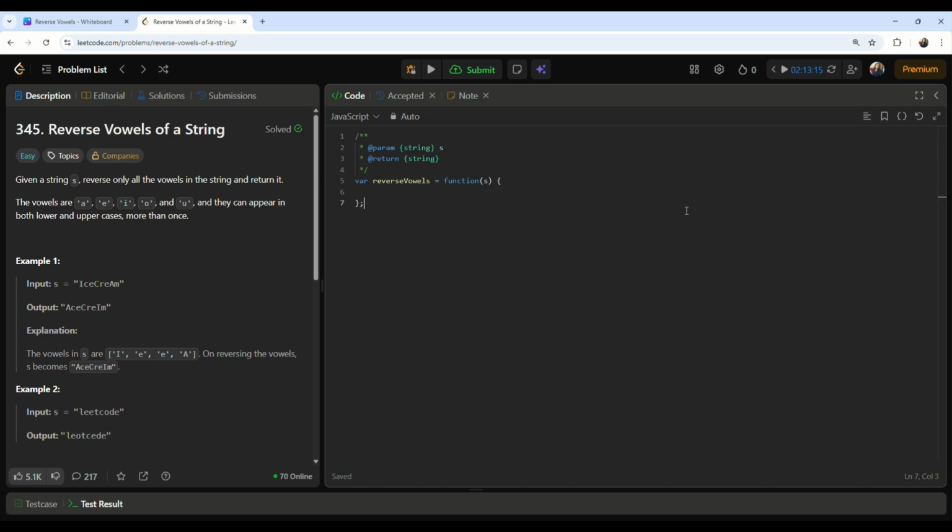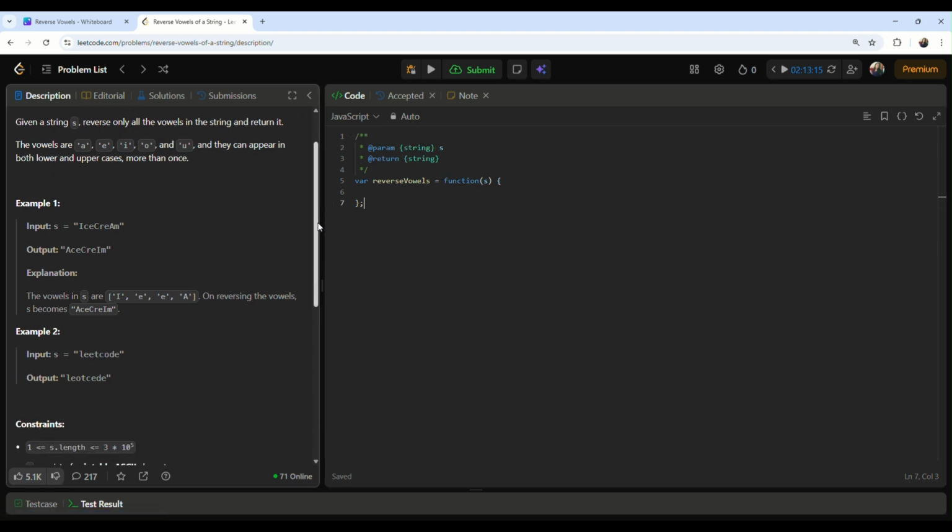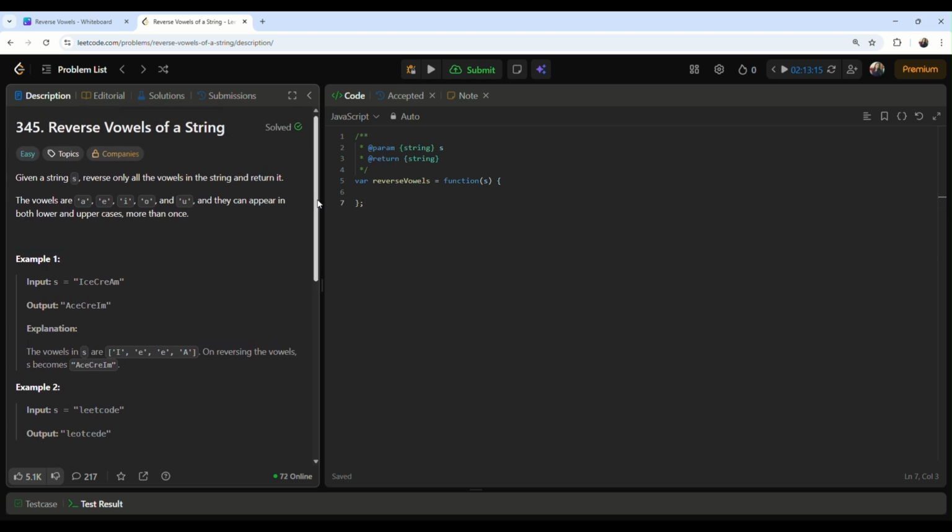Today I have picked an easy problem which says we have to reverse vowels of a given string. So through this problem we will also learn how to normally reverse a string. Let's quickly understand the problem. We are given an input string and here